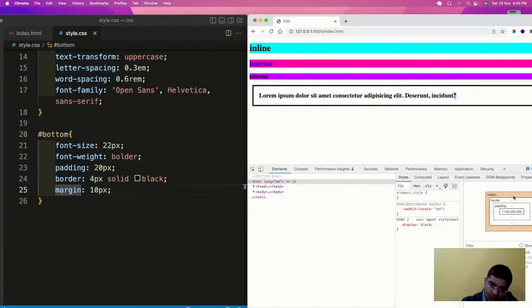Okay, so now we will go ahead further. Now, if you see, we are in the box model. Box model is again a very important thing, and it is being asked a lot. So the question is, how many items are there in the box model? Content, then after content we have padding, after padding we have border, and after border we have margin. So there are four items inside.